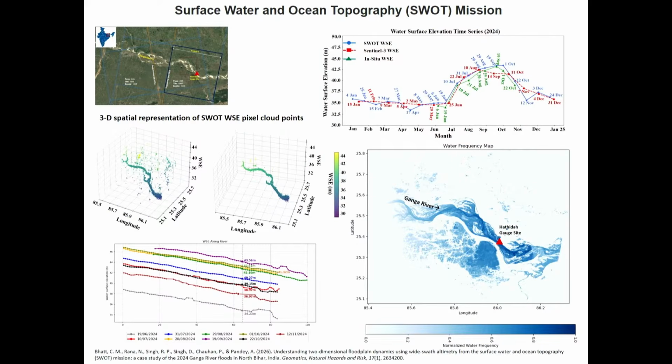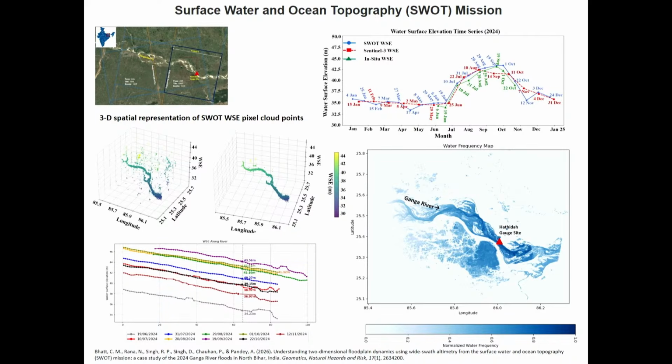This is one of the slides that I was trying to tell you about, the Surface Water and Ocean Topography, SWOT mission. So this is also an altimeter mission, but this is not another. It gives you a spatially continuous raster-based kind of product. At each pixel you can get the water surface elevation, unlike your conventional altimeters which only tell you at that particular point where they have a pass over the river. So these are now becoming more popular, and many studies are emerging, and this is one of the studies that we also did to find out how the water level